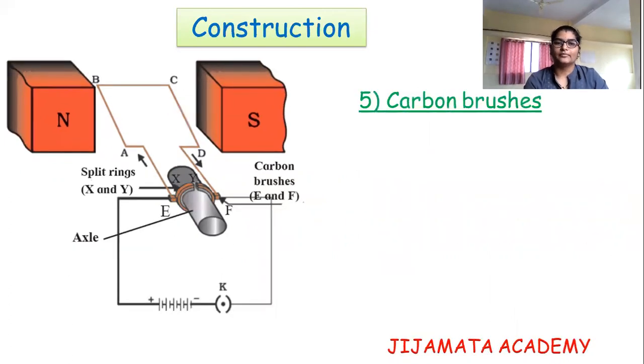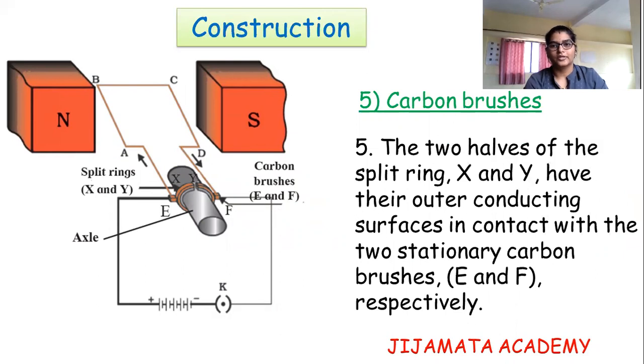Last component, carbon brushes E and F. Two halves of the split ring, X and Y, have their outer conducting surfaces in contact with the two stationary carbon brushes E and F respectively. So here is a point to be noted, that is,